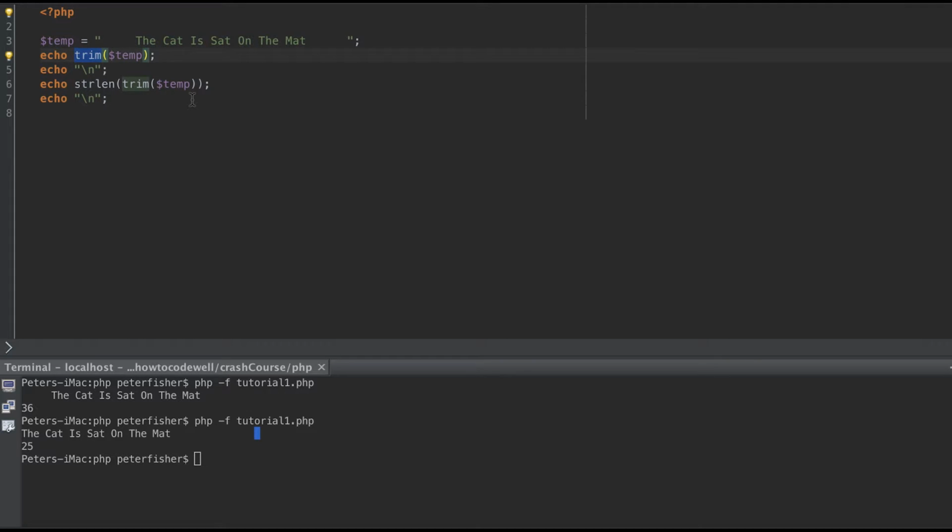Often you can accidentally add empty spaces in a string without realizing it. It's especially common on the end of the string. So let's just remove trim here and remove trim here